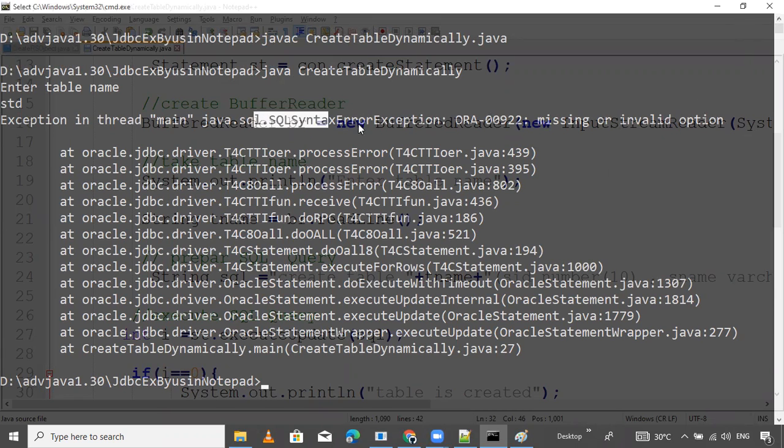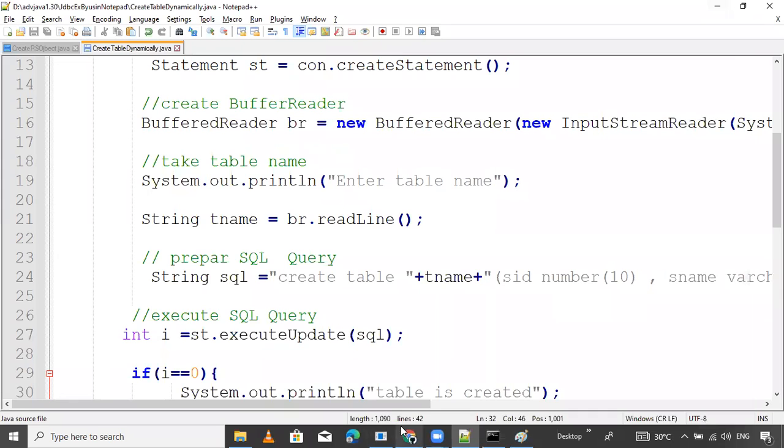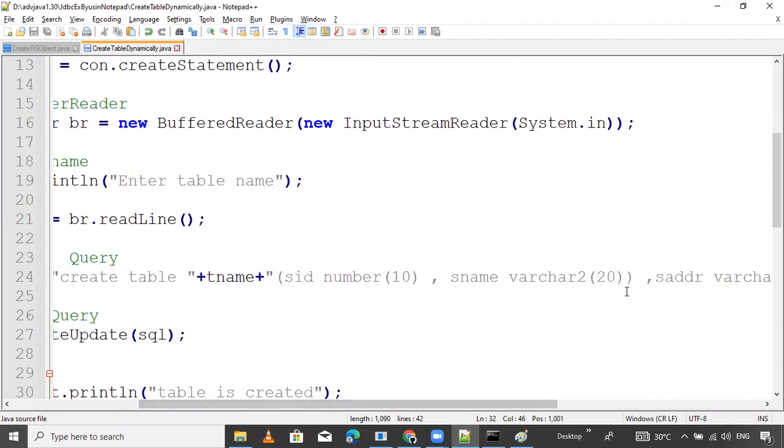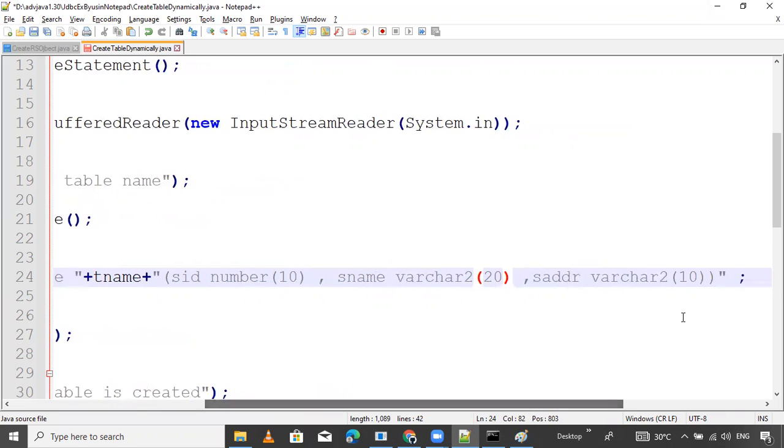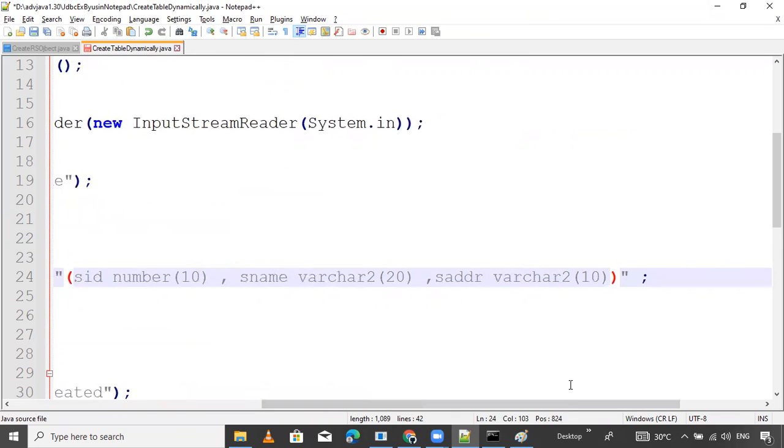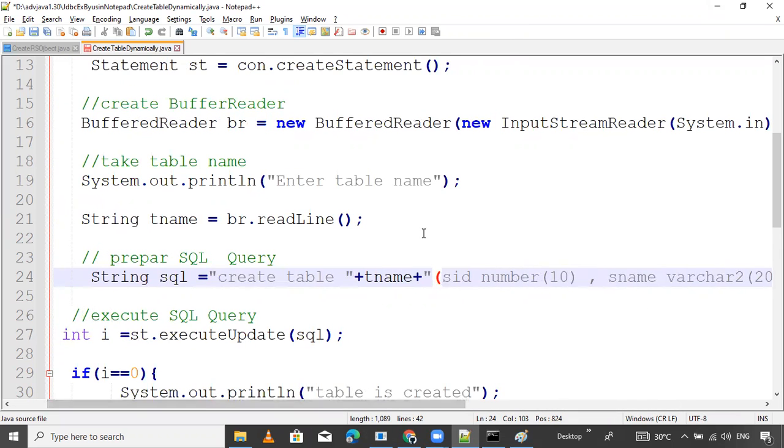So we are facing the problem here. We should close the parenthesis here. We provide one more column here, so we should close the parenthesis at the last. These are simple errors, nothing else.